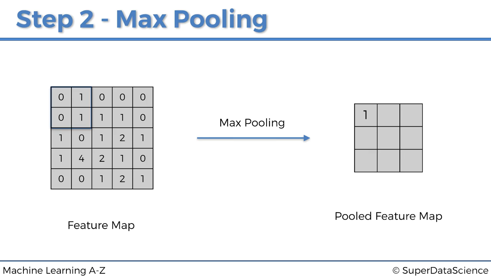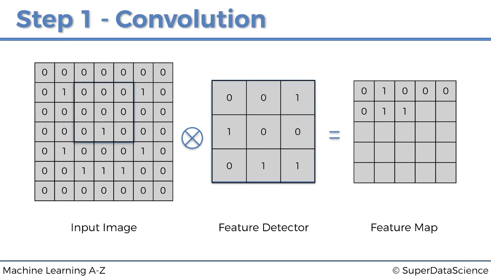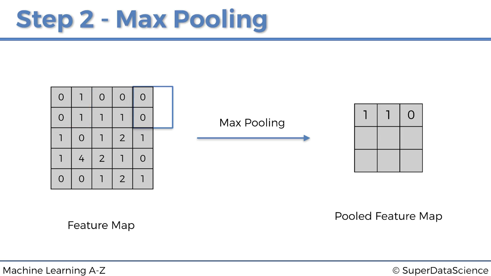And how do we do that? Well, again, we take this 2x2 subtable, this blue square table that you can see here and that we slide all over the feature map, and each time we take the maximum of the 4 cells inside this blue square. So taking the max is called max pooling, and we slide the square table with a stride of 2, not with a stride of 1 as we did previously with the feature detector that slided over the input image with a stride of 1. Here it's with a stride of 2, and therefore, since each time we take the max of a 2x2 table, what happens in the end is that we get a new feature map with a reduced size. And more precisely, the size of the original feature map is divided by 2 when we apply max